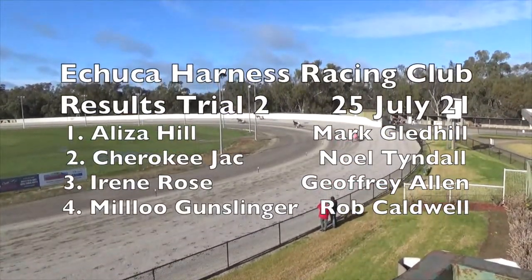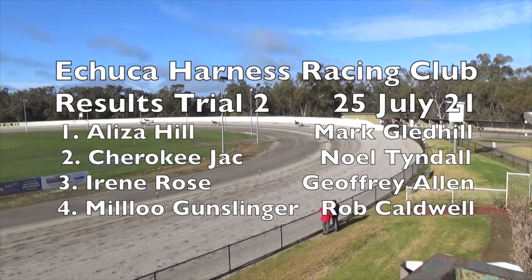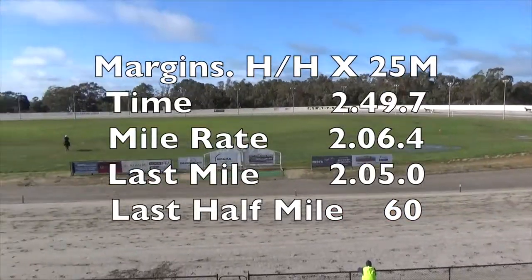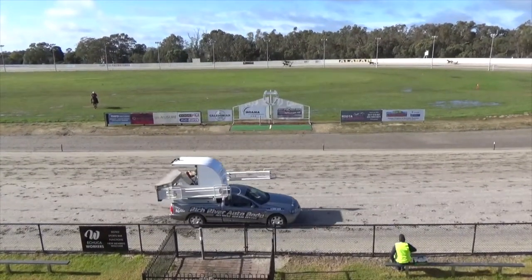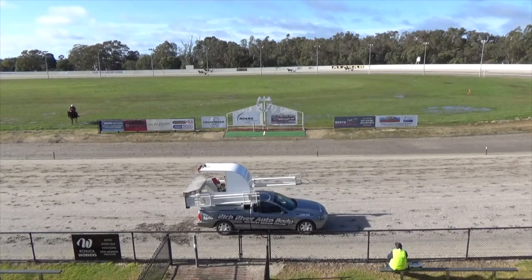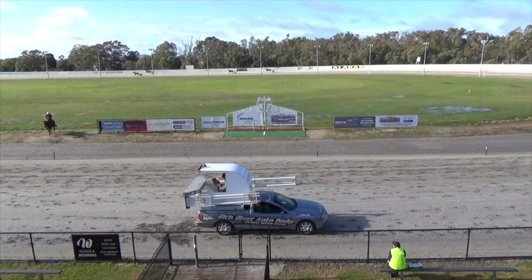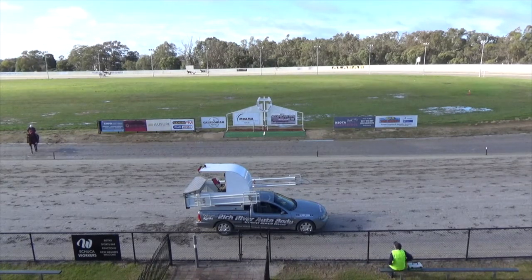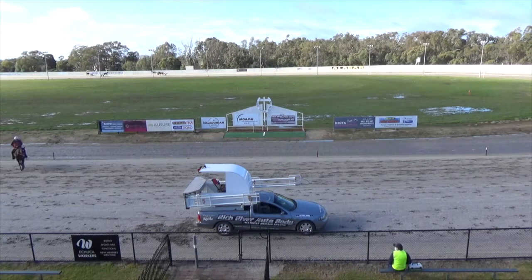After that little bit of a hiccup, it pulled out too wide down the back straight and was starting to come around the bend and went for a little bit of a gallop. I'm not really sure what happened there. But anyway, the winner there was Eliza Hill, who was the little horse who was in a little bit of a gallop at the start, got itself settled before the Mobile even left, but it was away off the Mobile, but managed to sit in behind the early leader, Cherokee Jack. And it's managed to come off, and I thought when it came off, that's when Maloo Gunslinger, I'm not suggesting it did anything, what I'm suggesting